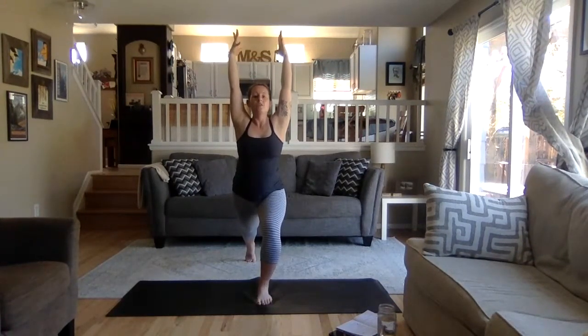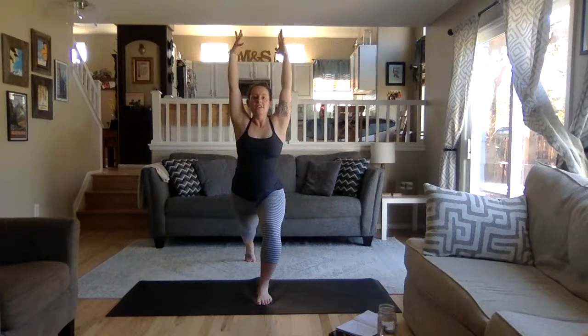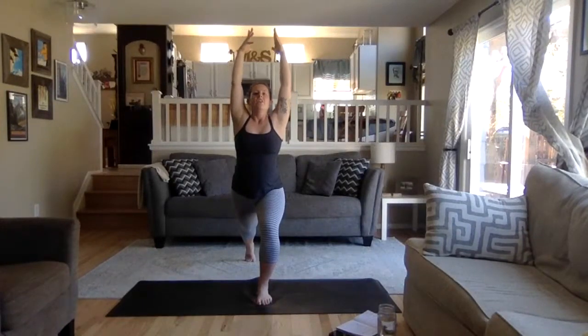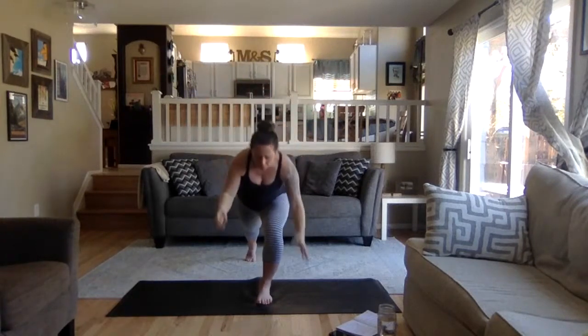Really like to hold the poses here the first time through. Think about nudging your left hip back, encouraging the right hip forward, softening in your face and your shoulders. Another breath in. And on your exhale, take your hands all the way down to the mat so that they